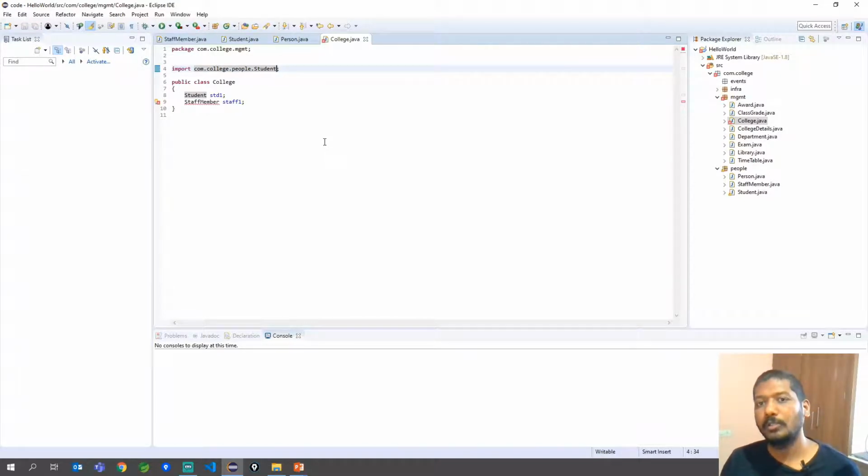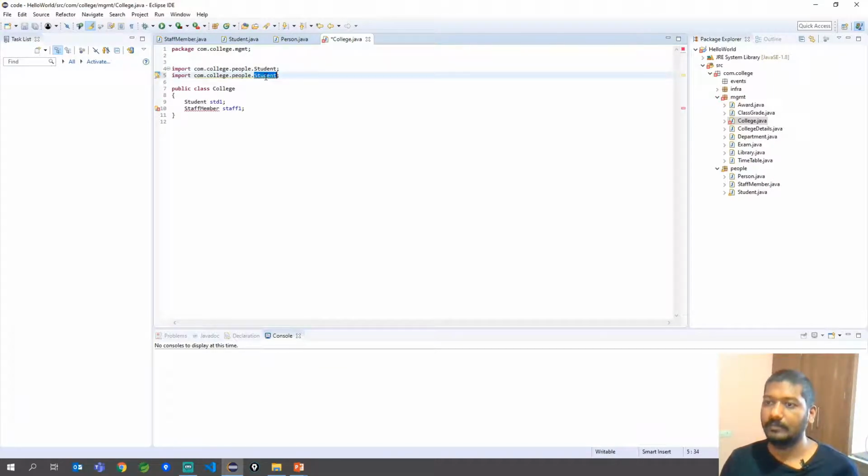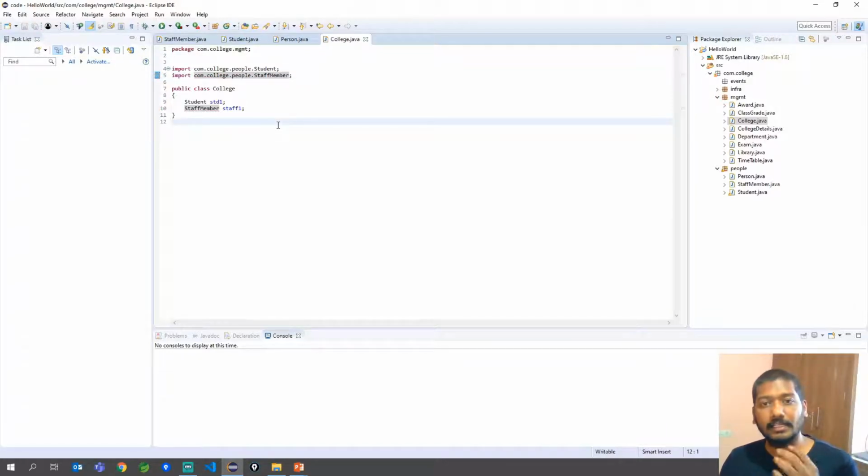But now I want to use StaffMember, so I have to write another import statement to include StaffMember also, like this. Now I can access even StaffMember.